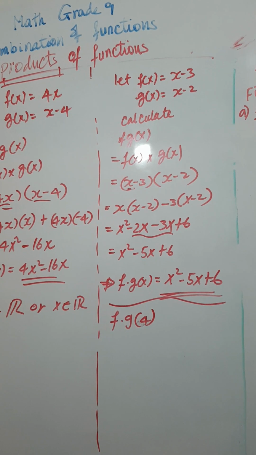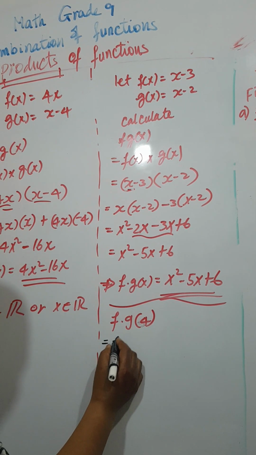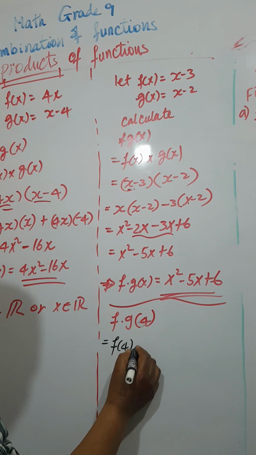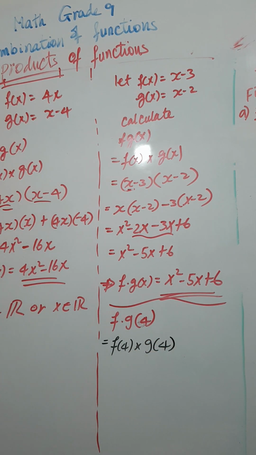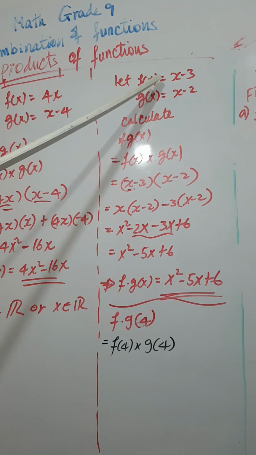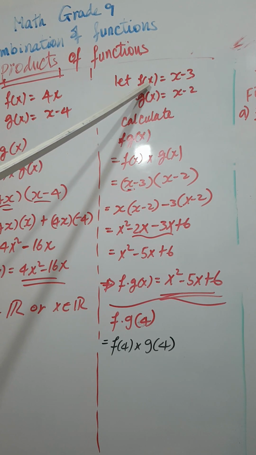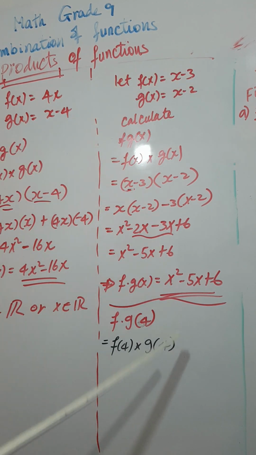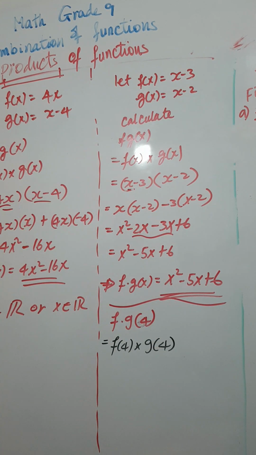አሁን f times g of 4፣ እሺ አሁን አብረን እናያለን። እንደሞከራችሁ ተስፋ አደርጋለሁ። ይሄ ማለት እኩል ይሆናል f of 4 times g of 4 ማለት ነው። f of 4 ደግሞ ማለት እዚህ ጋር f of x is x minus 3 ስለዚህ በx ቦታ 4 ተኩል። ኦኬ g of 4 ስንል በx ቦታ 4 ተኩል፣ ሲምፕል ቀላል።